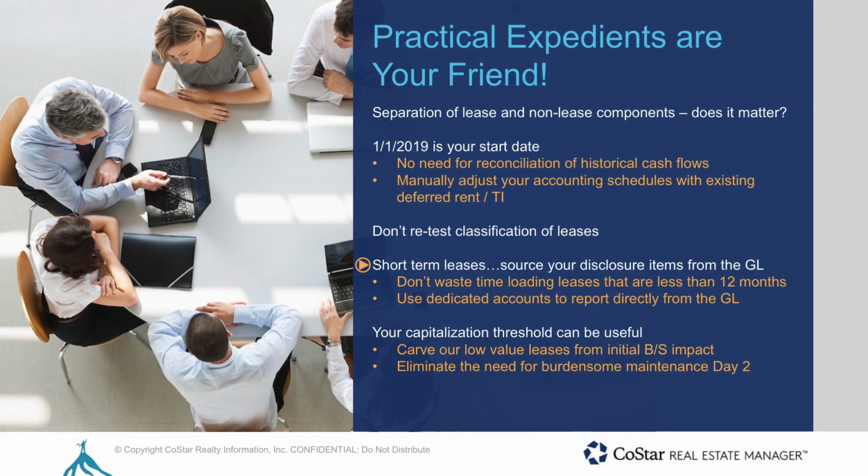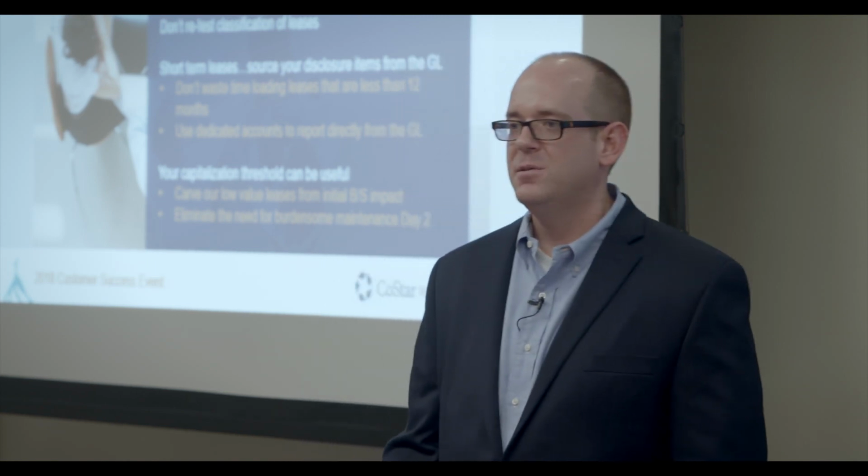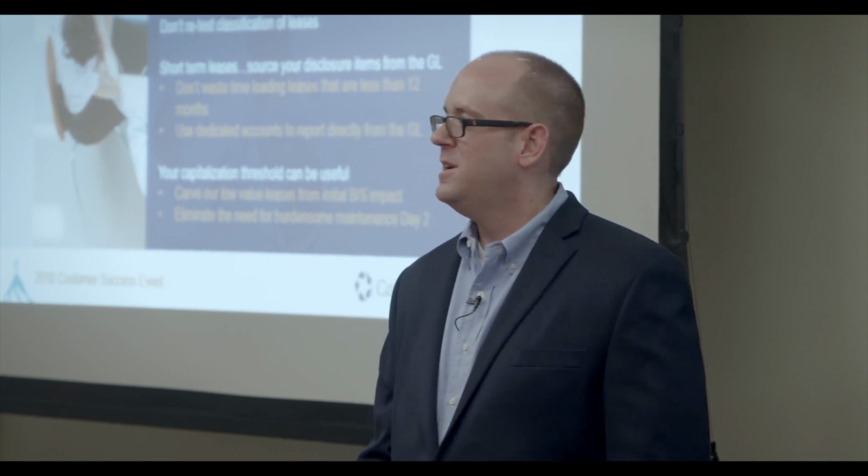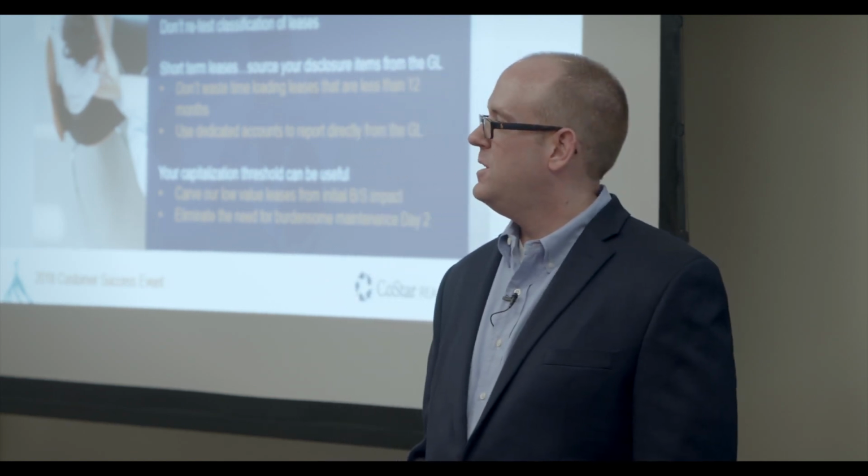Okay, short-term leases. Now this is specifically called out in FASB's document, ASC 842. It's 12 months. So you have the option to not include leases of a term less than 12 months on your balance sheet. But that does include the reasonably certain assessment. So if it has options associated, and you can honestly say, hey, no, this is truly short term, less than a year, you can exclude that.